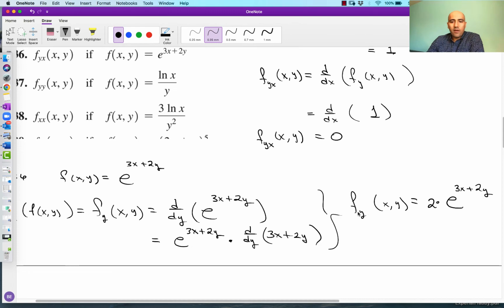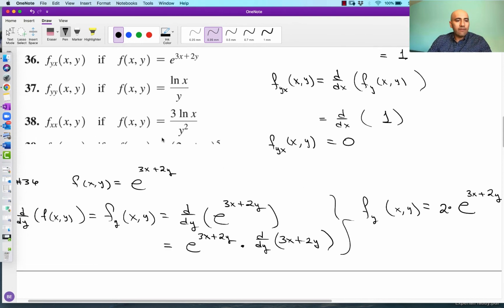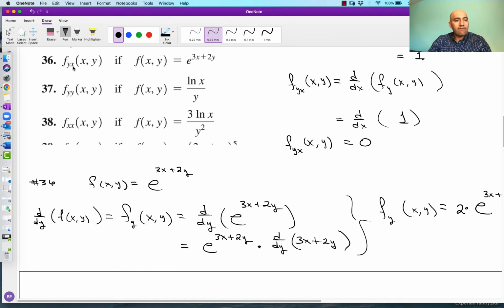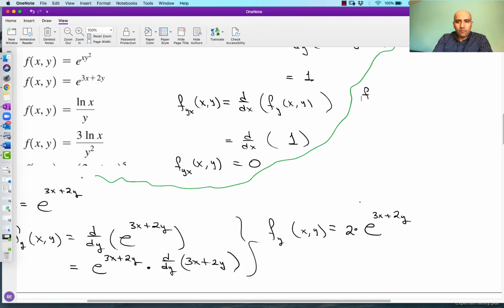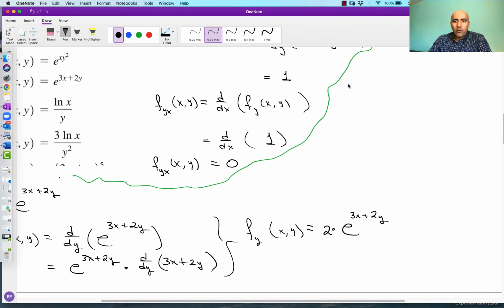Okay, so I found my f sub y value, but now I have to come back and find the result when we take that function and find the derivative with respect to x. So I can find my f sub yx. Now we want to find f sub yx of x comma y, which is equal to the derivative with respect to x of the function f sub y of x comma y,